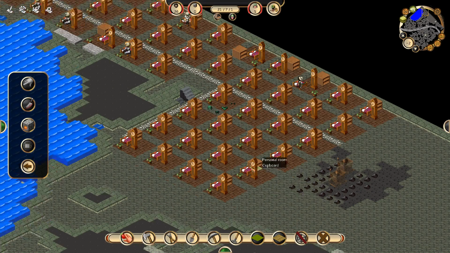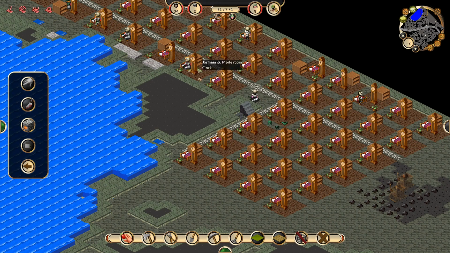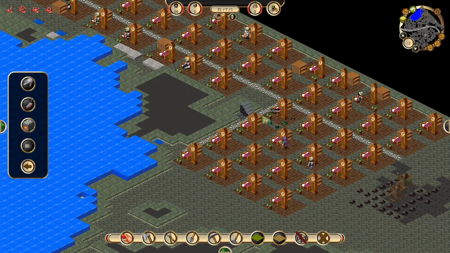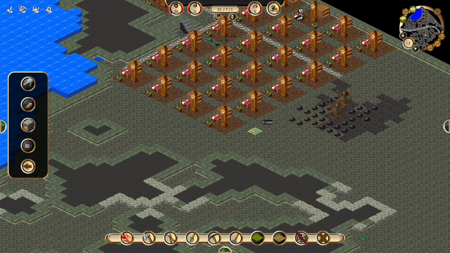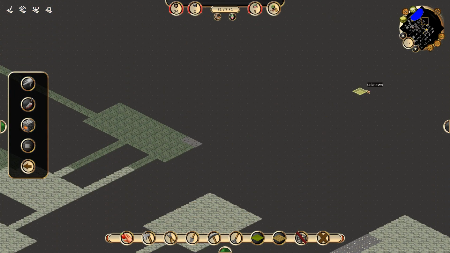Okay, so all the clocks seem to be built. As you can see, we lost another citizen, actually right here. Hobgoblin found its way to our personal rooms. So at the same time,